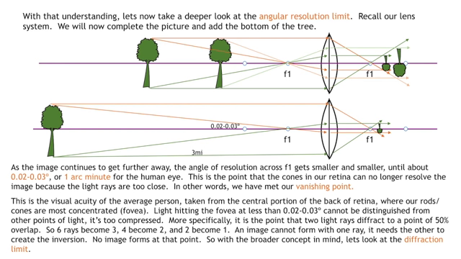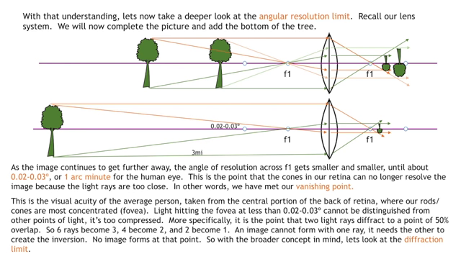So as the image continues to get further away, so now looking at the middle diagram, the angle of resolution across f1 gets smaller and smaller. As you can see between the two pictures, as we move this tree out to our left, that angle is getting smaller and smaller until it gets to about 0.02 to 0.03 degrees, or 1 arc minute of the human